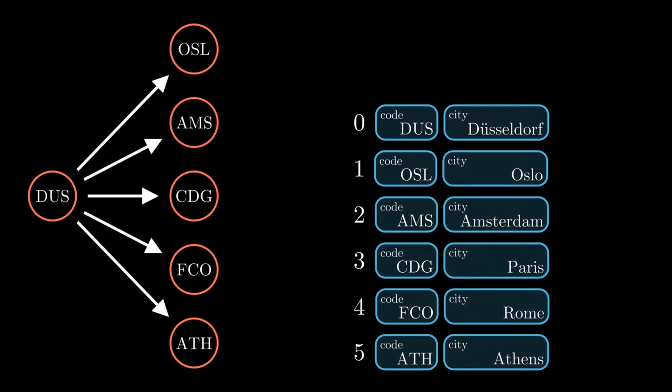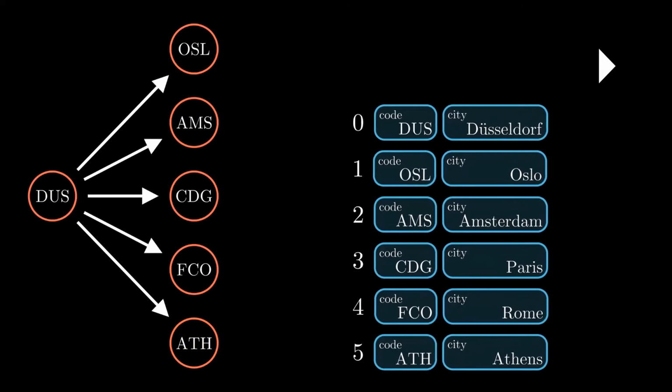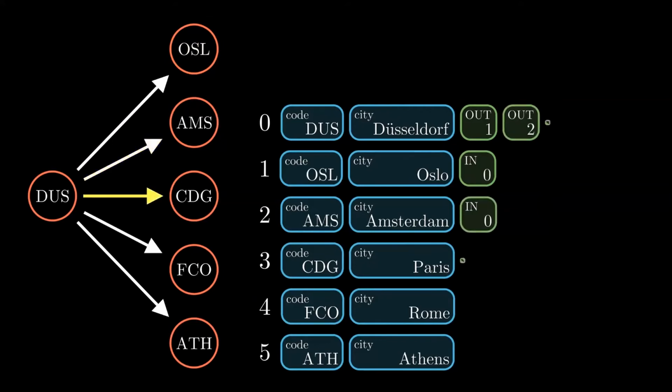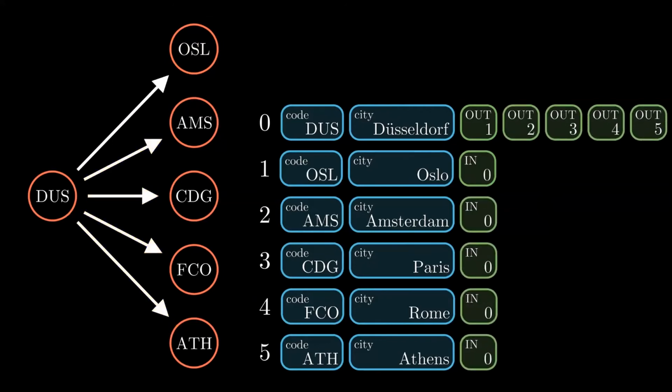But up to this point, we're still missing the edges. As every edge interacts with two vertices, the incoming and the outgoing vertex, each edge needs to be stored twice, once for the incoming and once for the outgoing vertex. That is shown here for the first edge between Düsseldorf and Oslo. We repeat this for every edge, and what we now have is our complete representation of the graph in exactly the form in which it's stored in the storage backend. We can now use this representation to have a look at a simple traversal